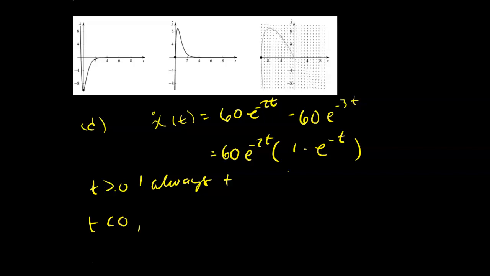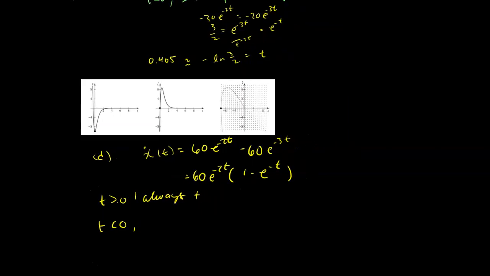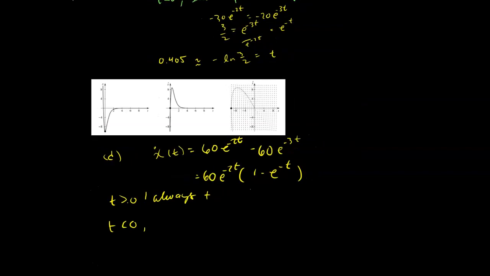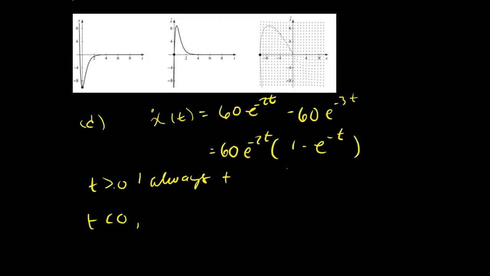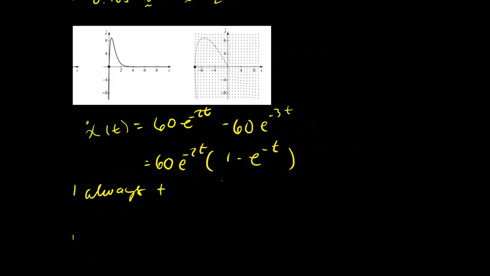You might ask, well, where is that peak up there? So if I had to do that, let me zoom out just a tad. Oops, I guess I'm at the bottom of my slide. So what you could do to find that peak is to take a second derivative. So you say, well, x double dot is just negative 120 e to the negative 2t plus 180 e to the negative 3t, and then set it equal to 0. So likewise, you're going to get e to the negative t is